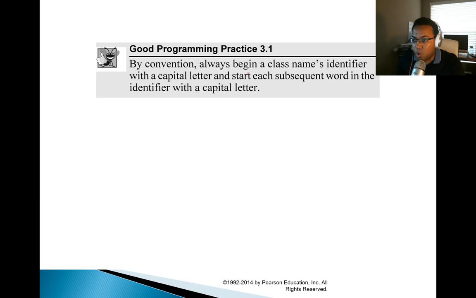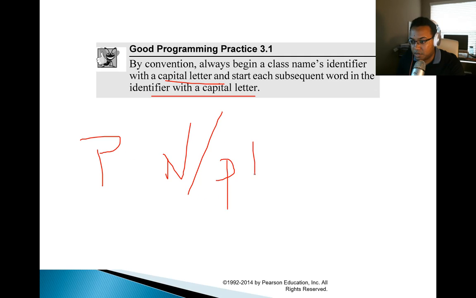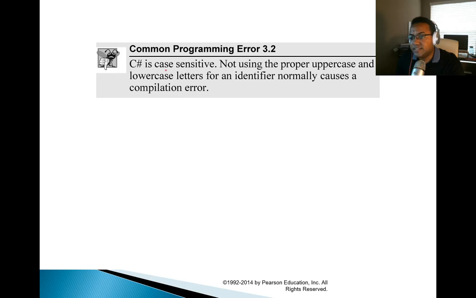So, by convention, always begin a class name's identifier with a capital letter and start each subsequent word in the identifier with a capital letter. That's for classes. So, ProgramName, the Program would have a capital P, and Name would have a capital N. Now, if you're doing a variable, it'll be different. It'll be programName. And that's the way that it's been forever and ever. So this is called camel case. Now, C# is case sensitive, so not using the proper uppercase and lowercase letters